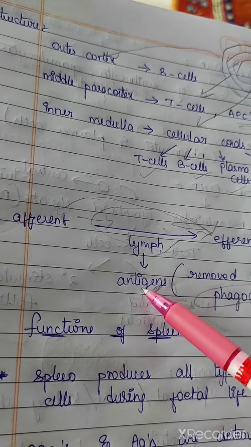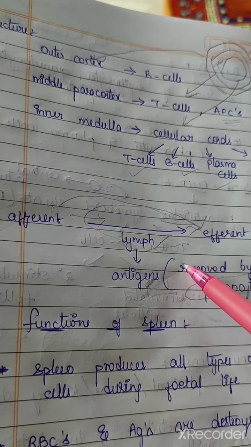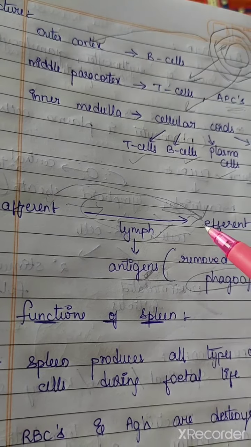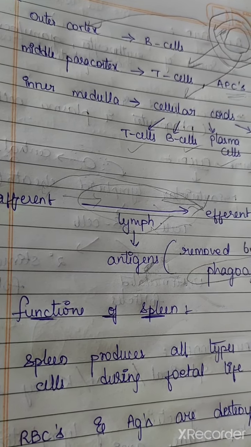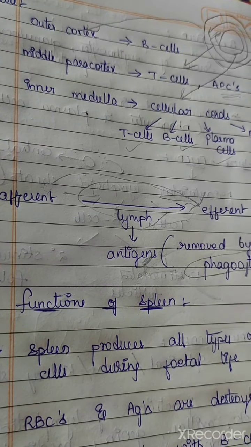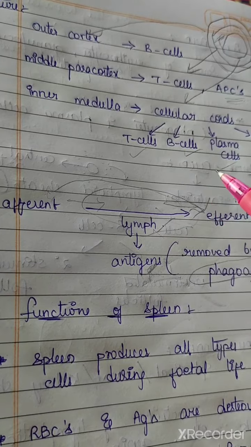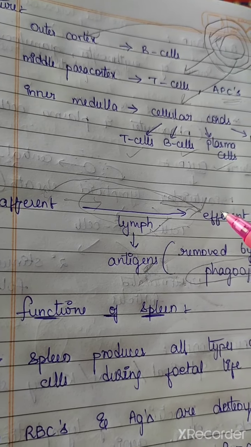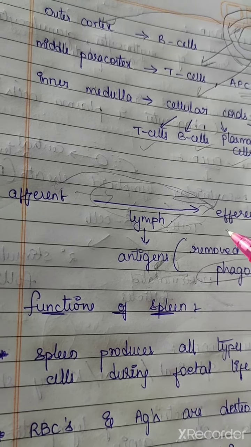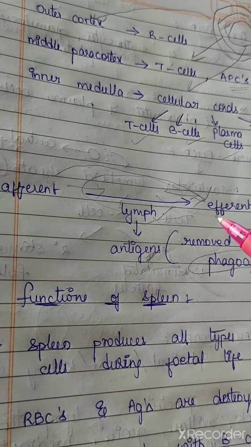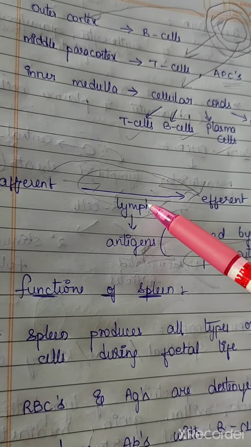When it is removing the antigens and performing a humoral or cell mediated immune response, it will show a rise in temperature in the body. So during any infection, these lymph nodes will be swollen due to the filtering of antigens from lymph, and the body temperature also rises and causes fever in the organism when it is filtering the antigens from the lymph.